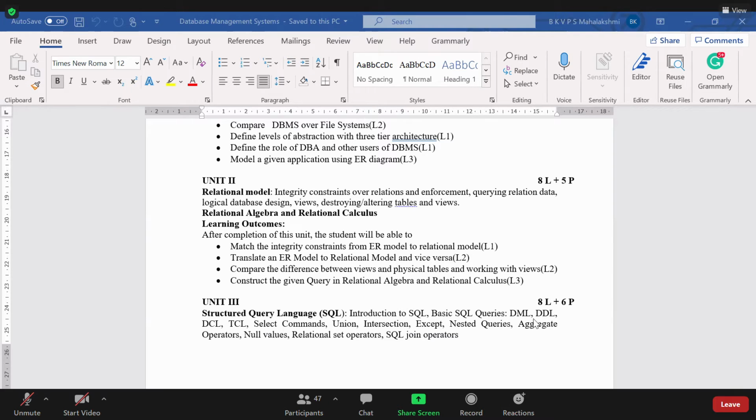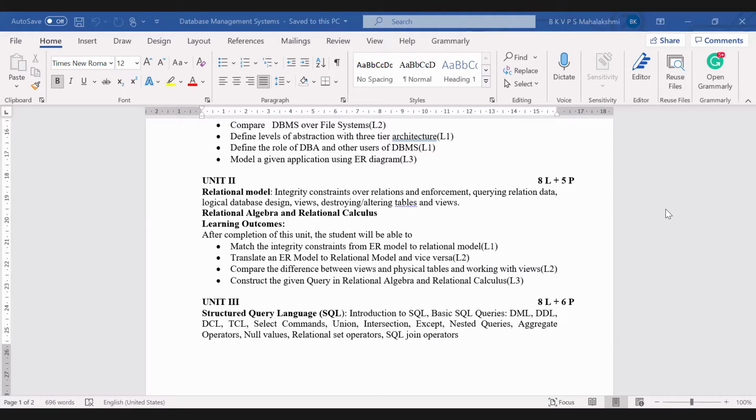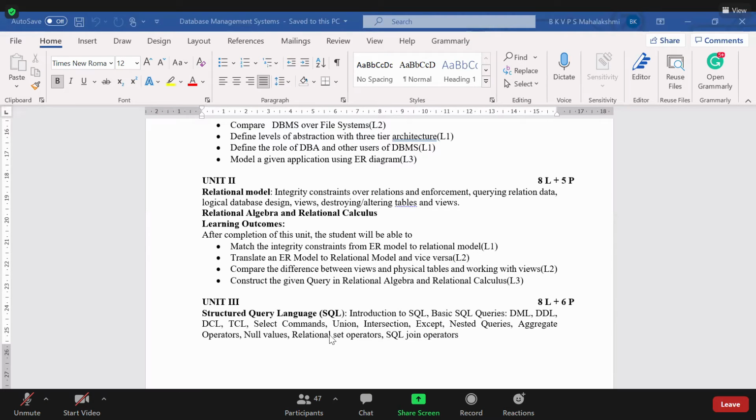I don't know, roll number 30 and 43 from B8. I don't know what your first subject is, but you have logged in to this one. Anyhow, even though you are here, I cannot post the attendance. You lose your attendance. So better you leave the meeting and according to the timetable, you join that particular meeting, whatever subject you have.